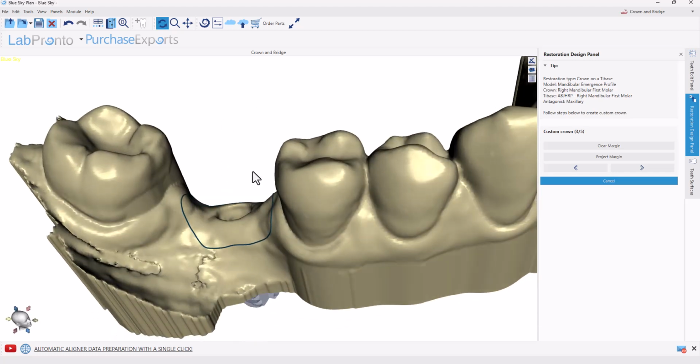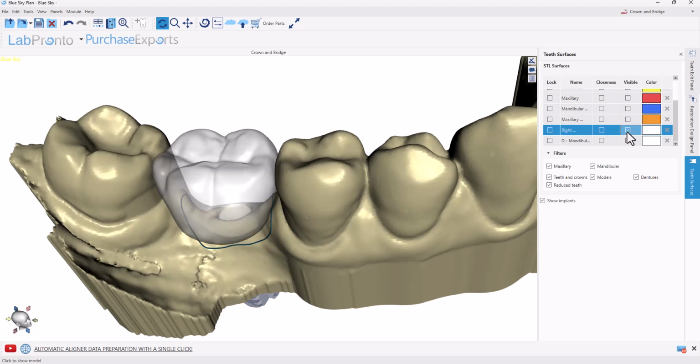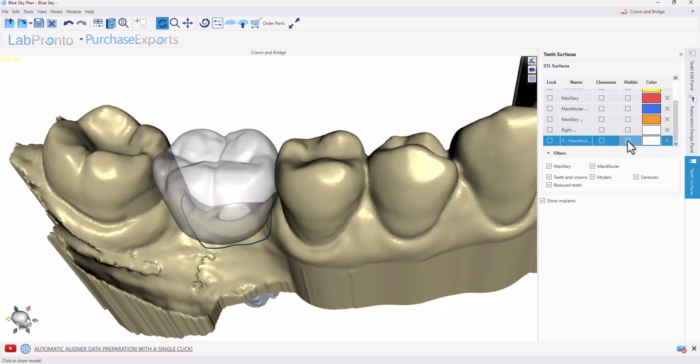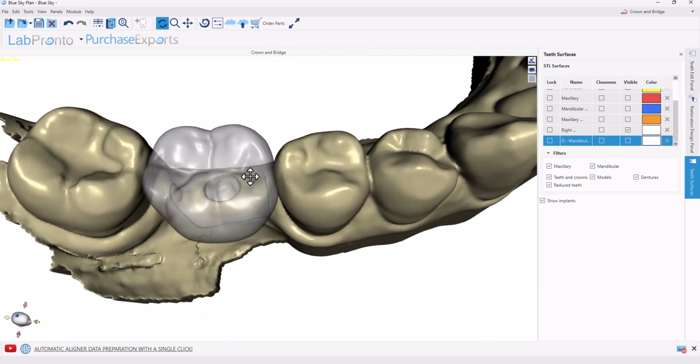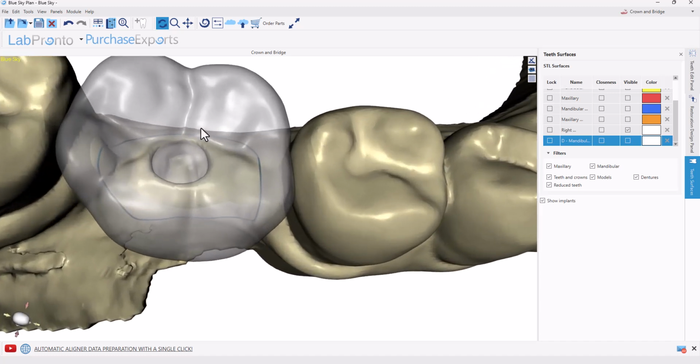We could turn on the visibility of our tooth. We now see that it appears twice. We have it once as the AI generated tooth and again as the tooth that's being designed. For this particular step, you could turn on either one of them. You could see the visibility of how the tooth is meeting the gingiva, and you could zoom in here